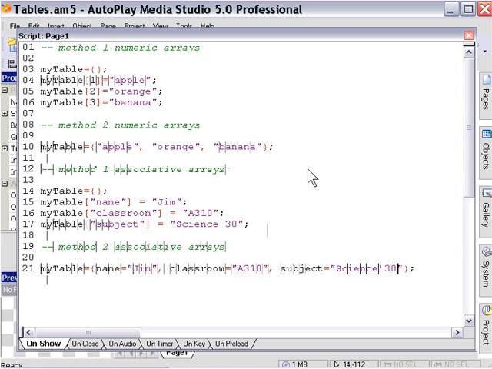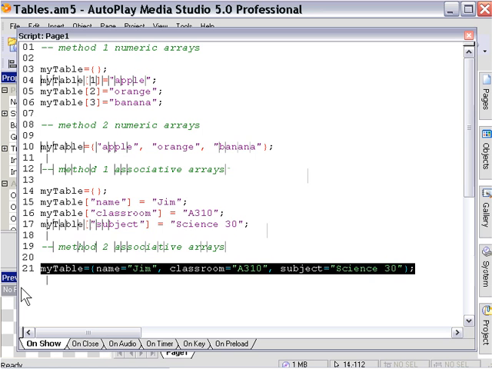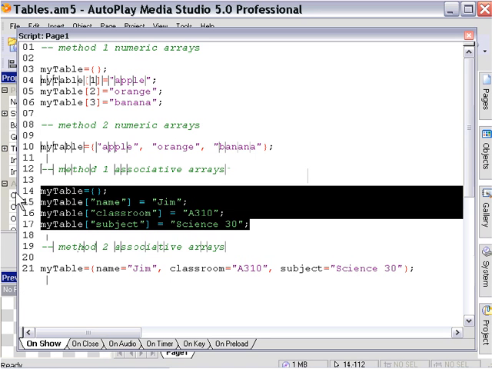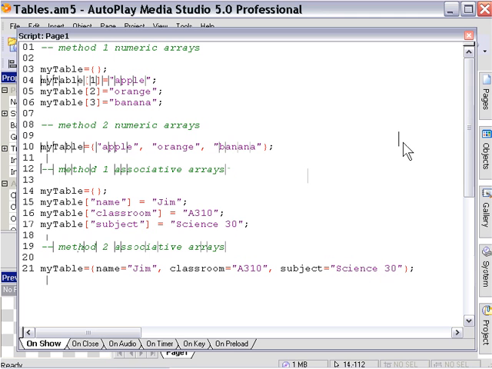Okay, now again, these two tables that we've created here are identical. We can access those values later according to those labels. So we can use dot notation or array notation, and we'll go through that in the next lesson. But suffice to say that we've created the exact same type of table here in this line as we did here in these lines. Okay, so it's a table called my table that contains three values: name equals Jim, classroom equals A310, subject equals science 30. So that's the gist of creating tables and adding